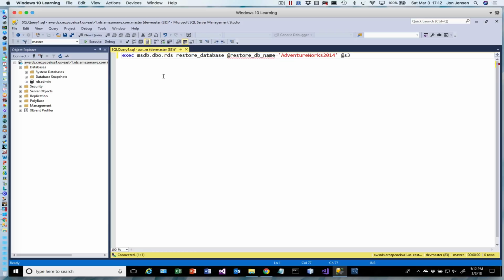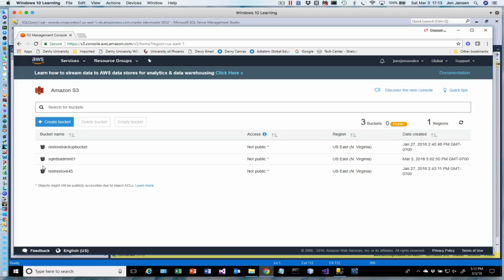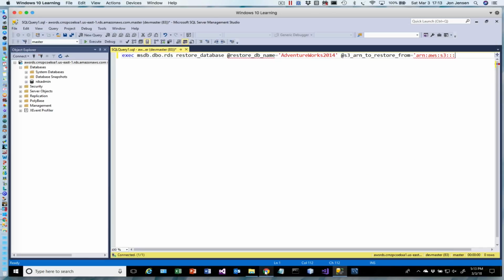And @s3_arn_to_restore_from equals 'arn:aws:s3:::' and then the name of your S3 bucket, which was SQL RDS admin 01, SQL RDS admin 01/AdventureWorks2014.BAK'. So let's just go verify